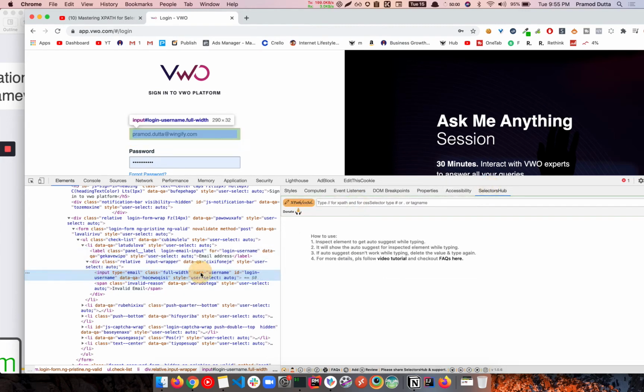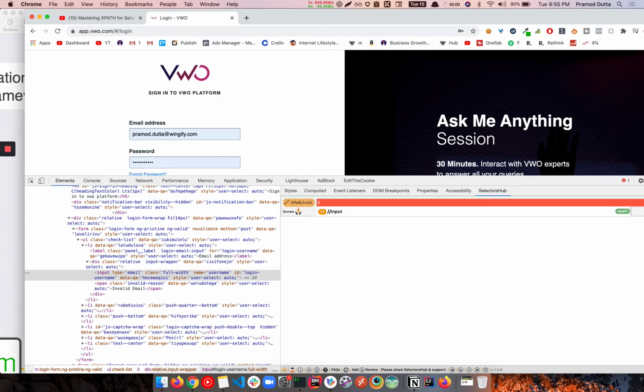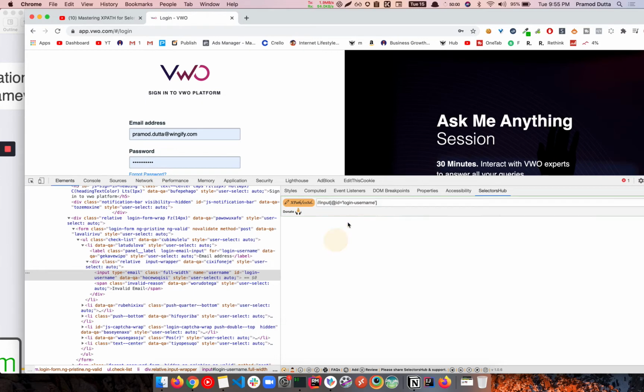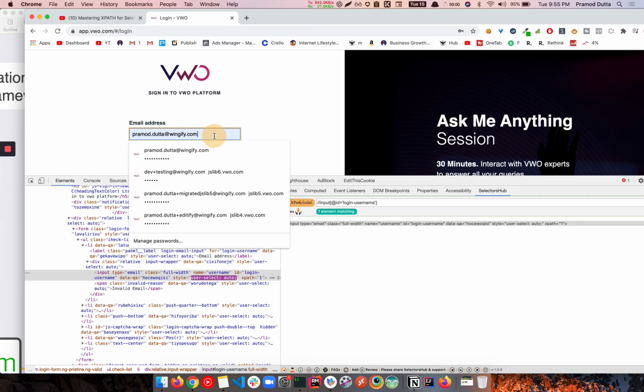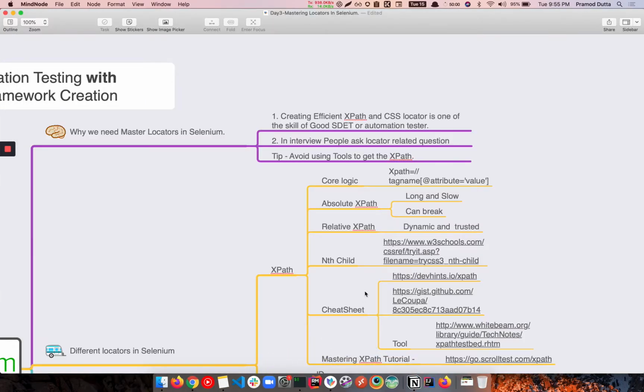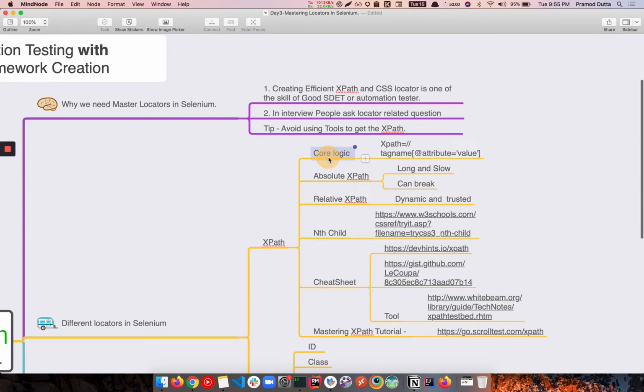It will suggest you, if you see the input, right? And here you can have username, password. So if you enter it, you will be able to select this element. So this is how you can do it by using this Selector Hub. But we are not going to cover this, I'm just telling you that the core logic for any kind